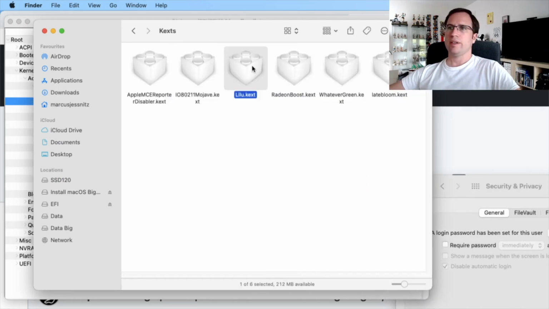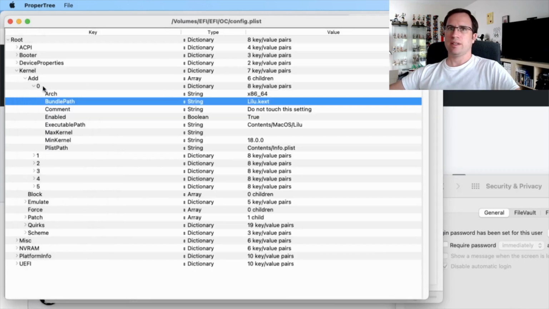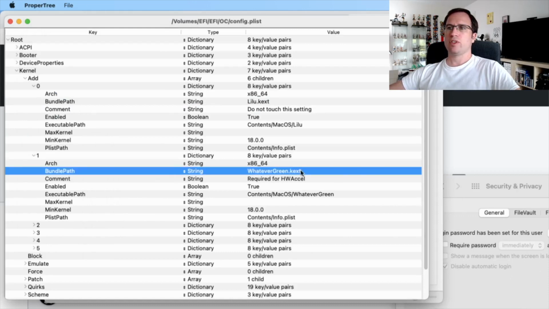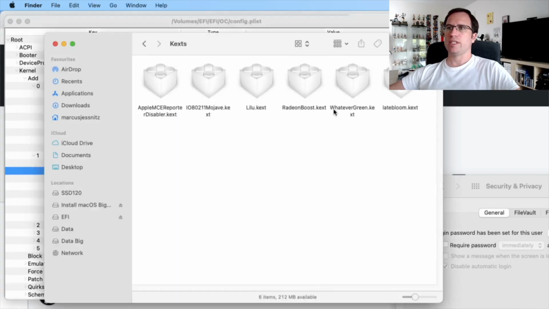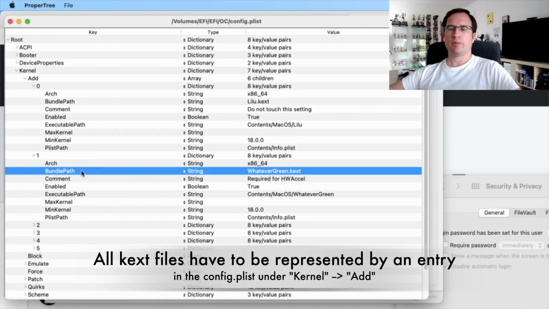And you see there is the Lilu.kext, which is represented here as 0. With 1, there is the WhateverGreen.kext, which is here. So you will find all your kexts in the config.plist, because otherwise they won't be loaded.